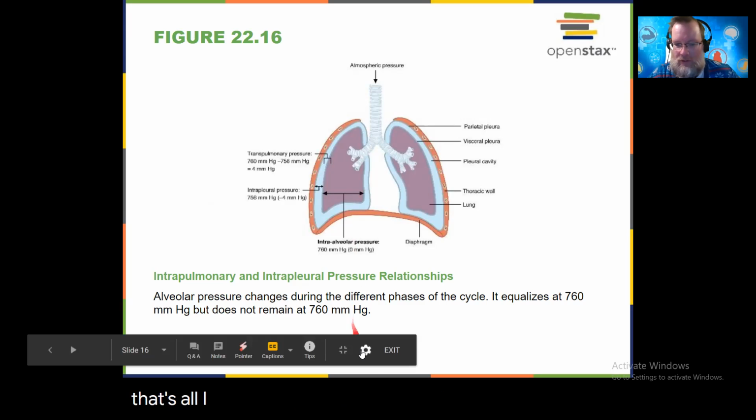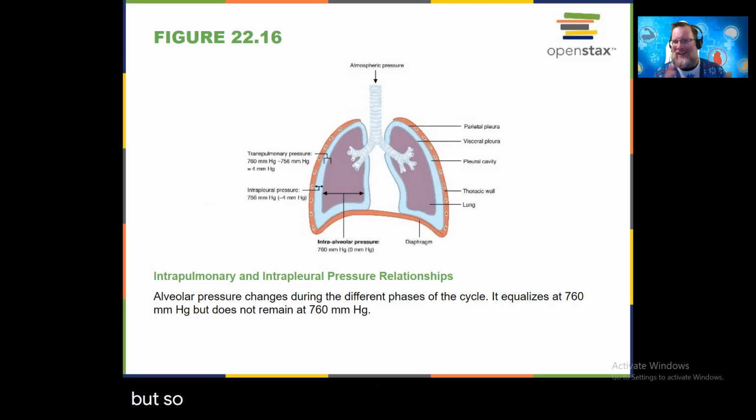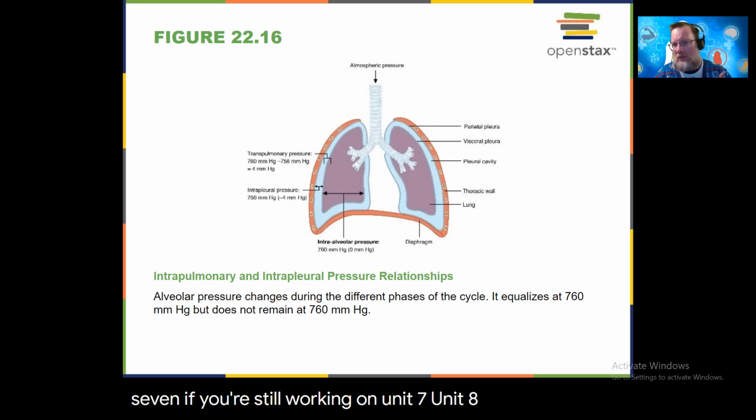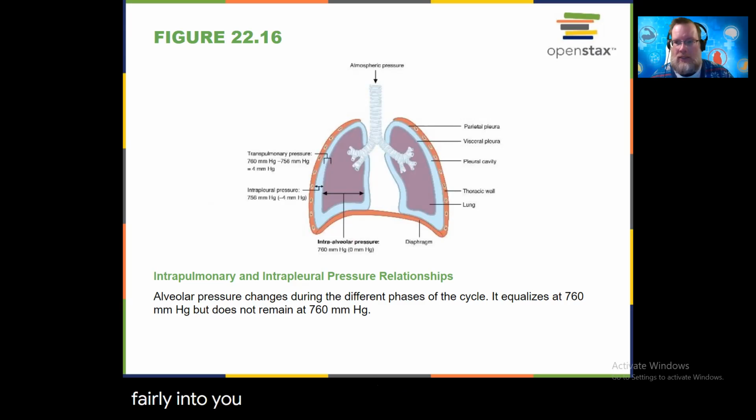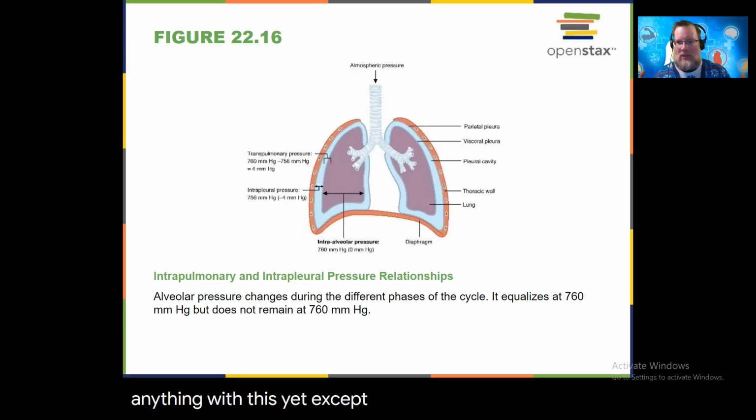So that's all I have this morning. I guess now it's afternoon, but so heading into the weekend, keep working on Unit 7. If you're still working on Unit 7, Unit 8, you should be fairly into Unit 8 at this point. And now we just started Unit 9, so I don't expect you guys to be doing really much of anything with this yet, except again, just being reintroduced, we're just segueing another puzzle piece from cardiovascular into